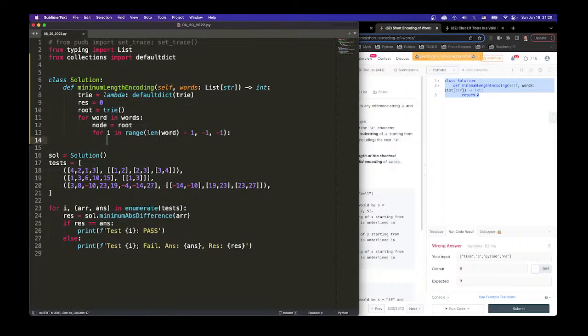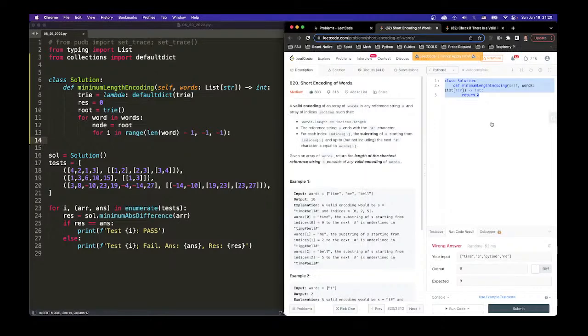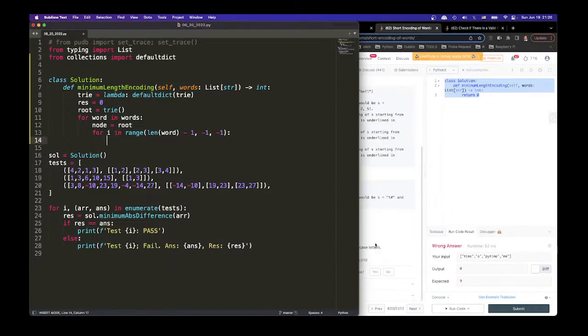Okay, and what do we say? Word i, the letter, right? We basically say, and then the length will definitely be at least 1. Okay, so yeah, so you say node word i